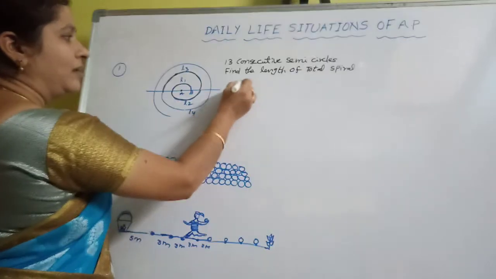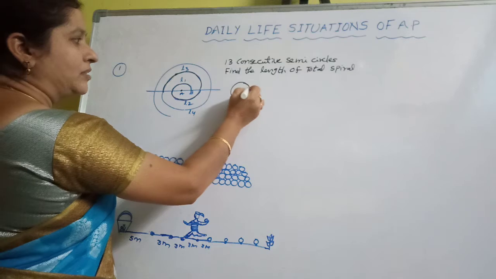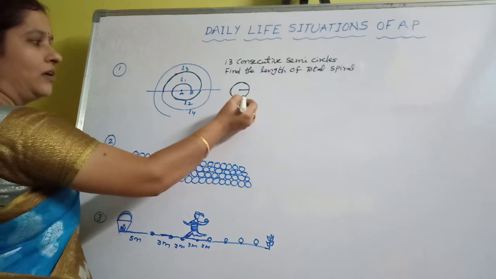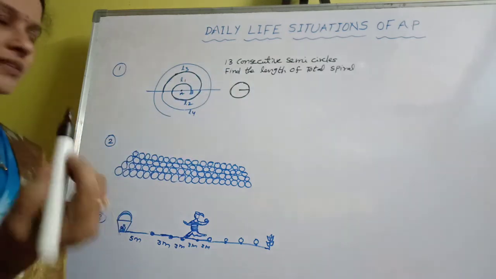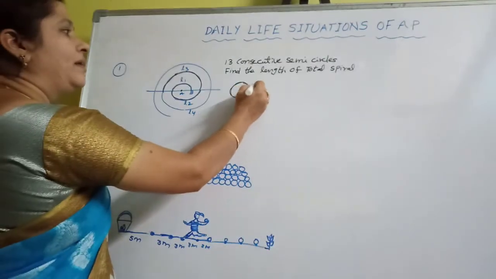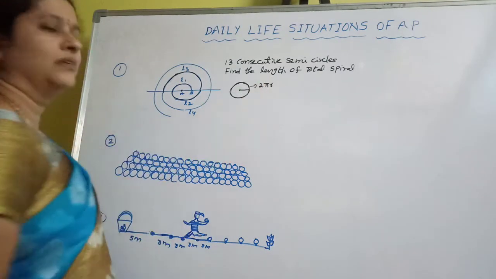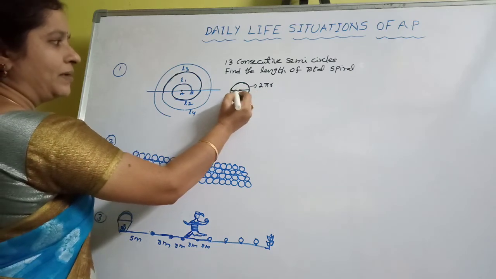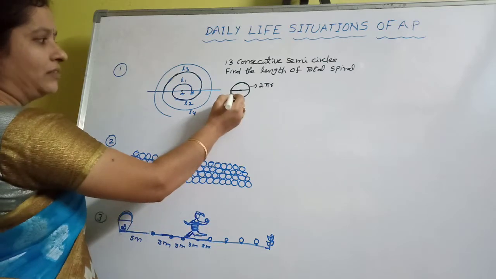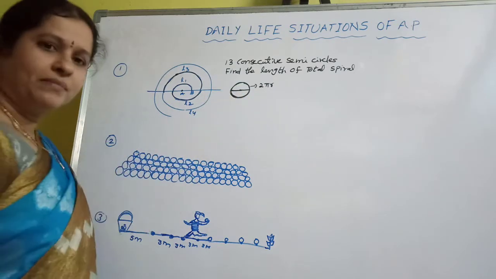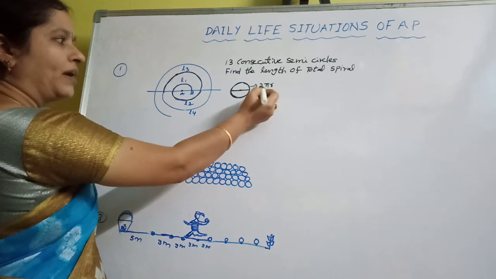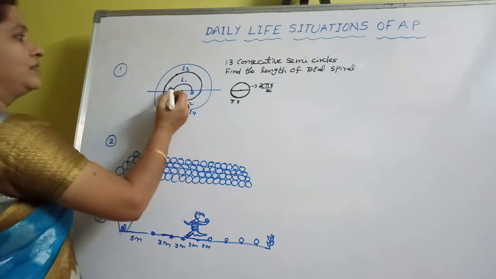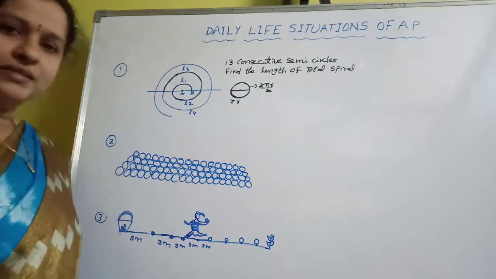So in a circle, suppose it has a radius r. What is the total length of the arc of a circle? It is nothing but the perimeter. So what is the perimeter of a circle? That is 2 pi r. In a semicircle, which means half of the circle, what is the length of the arc? It is half of 2 pi r, that is 2 pi r by 2, which is nothing but pi r. So the length of the semicircle arc is always pi r.